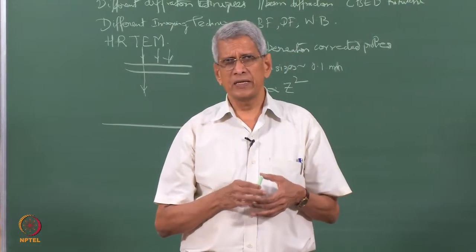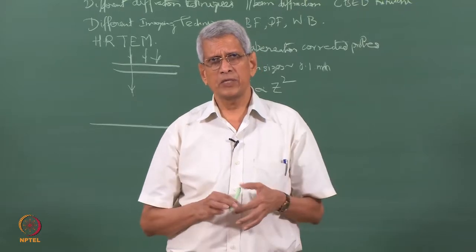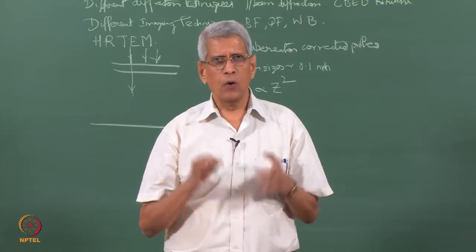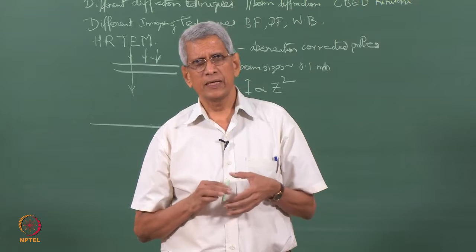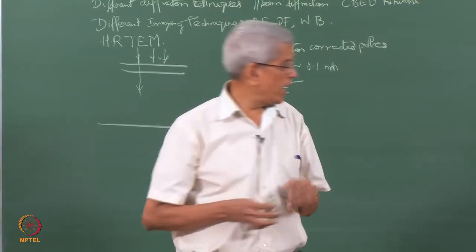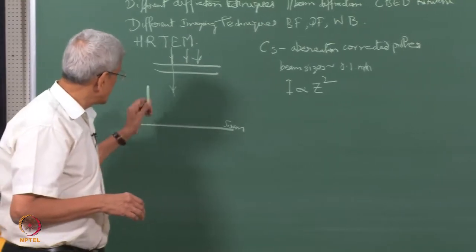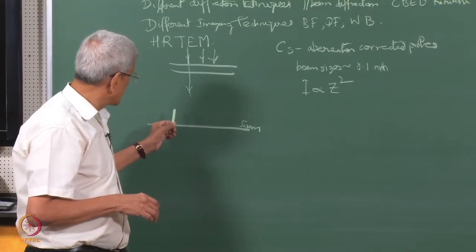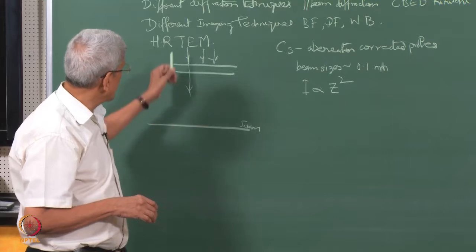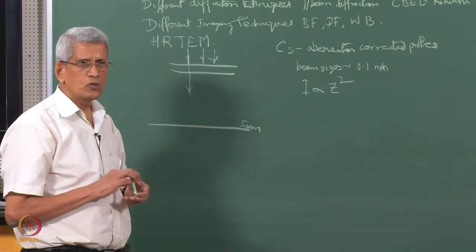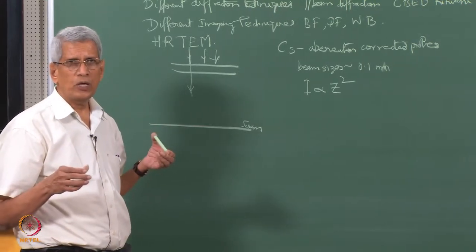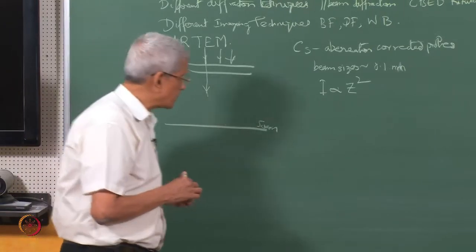As I mentioned, we can get 3-dimensional information about a sample. How exactly is it implemented in an electron microscope? As I mentioned earlier, in an electron microscope we get a 2-dimensional projection of the 3-dimensional information. So, we do not get correct information about the size of the objects.